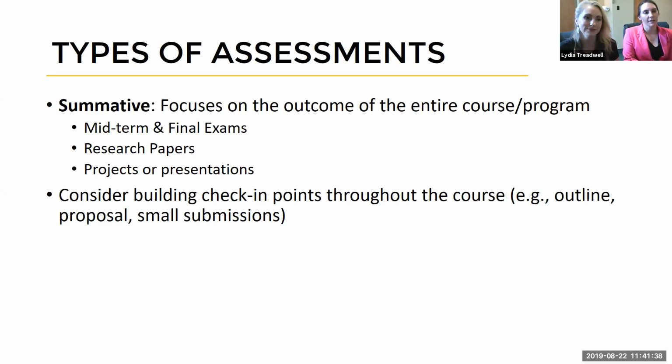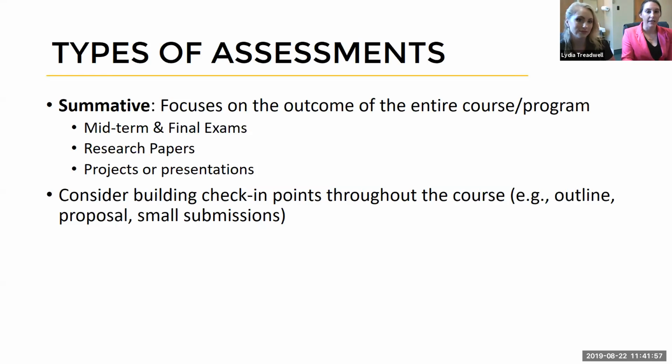For summative assessments as well, it can be helpful to think about authentic types of assessments. What are students going to be doing once they leave your class, once they get into their job, once they move on to grad school?